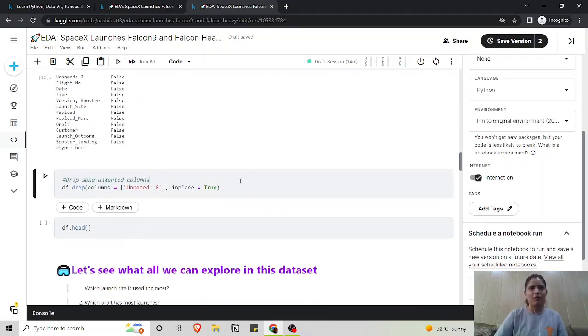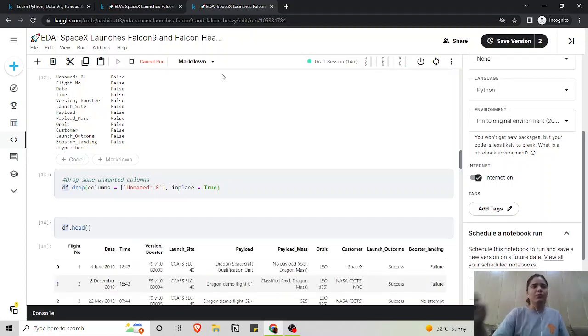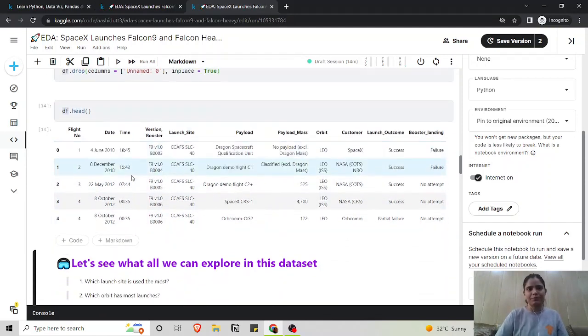So like before, I'm just going to use this drop function, and you can use multiple columns if you want to drop multiple columns. You just need to put a comma over here, add the names of those columns that you want to drop, and then say inplace equals True. So it will just drop the column permanently, only while you're running this session, right? And now when we run df.head, that Unnamed: 0 is gone. It has been dropped.